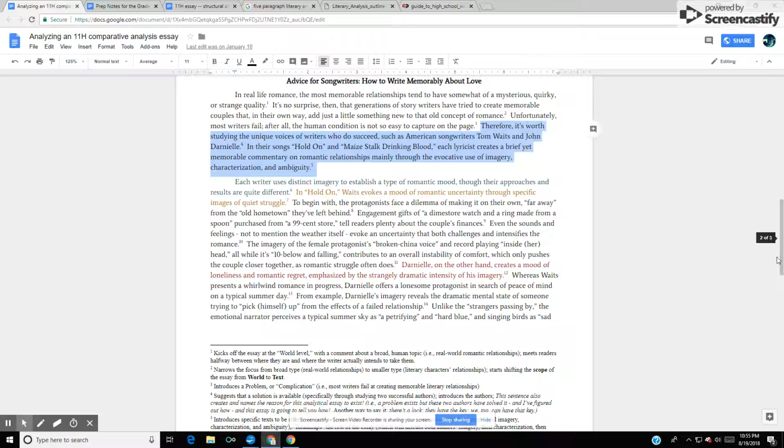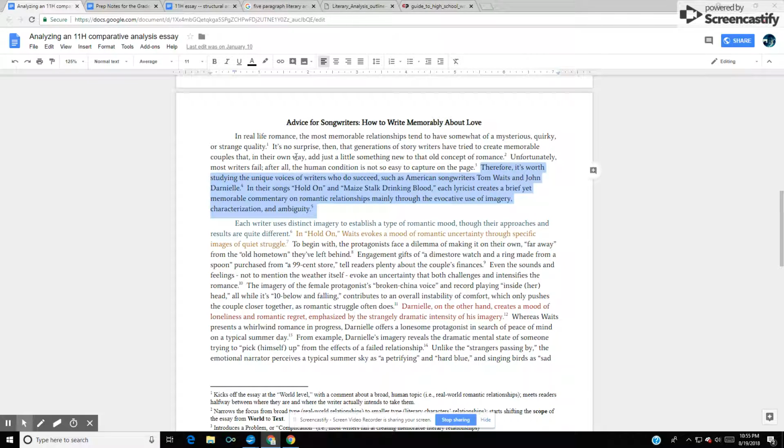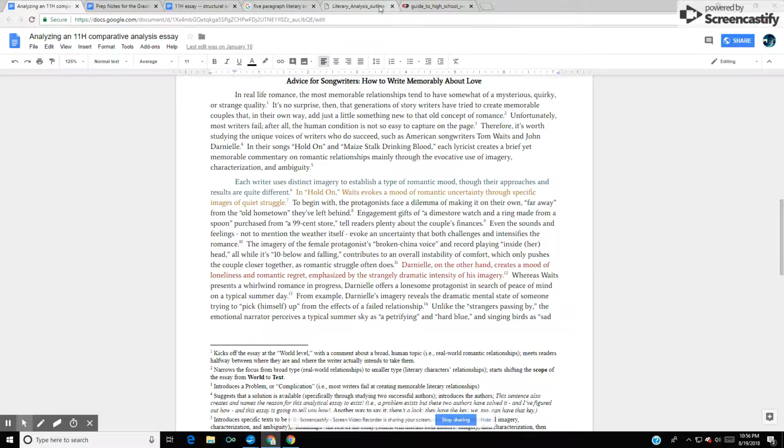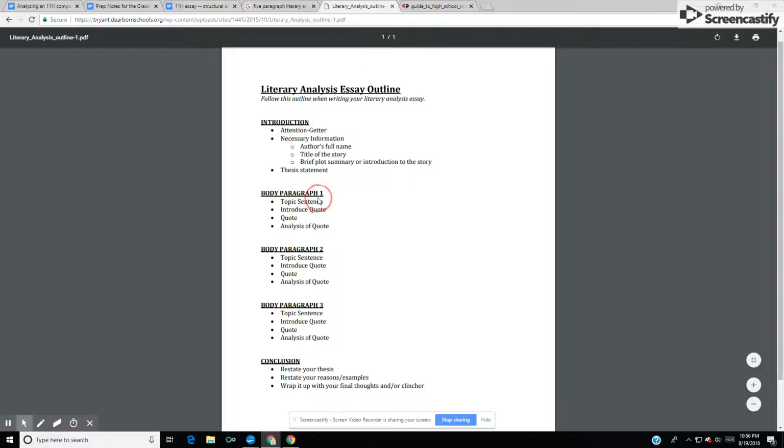So I hope this helps in some way, but the basics are, it's sort of intro, a little background, text, the authors, some sort of thesis and reason for the thesis to exist. And if it's a 5-paragraph essay, clear topic sentences, nice transitions between paragraphs. Won't necessarily have to go in this order. Quote, analysis of quote,